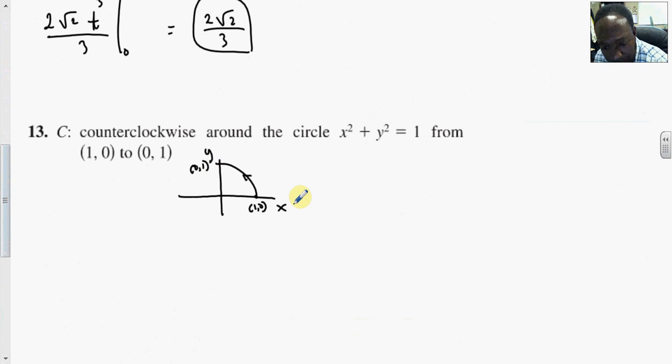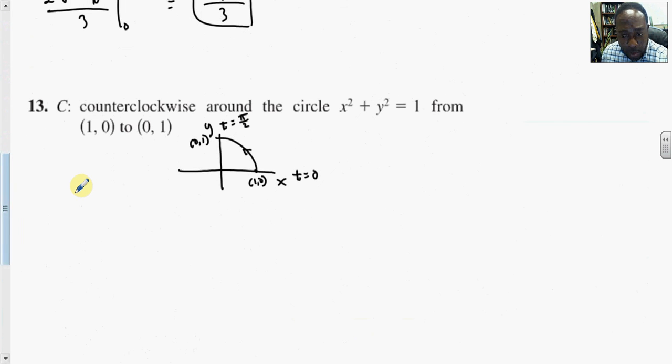Well, think about this in terms of t. Here t is going from 0 to pi over 2. And using polar coordinates, we can represent x